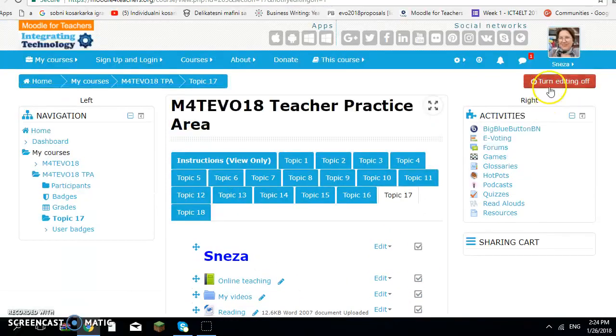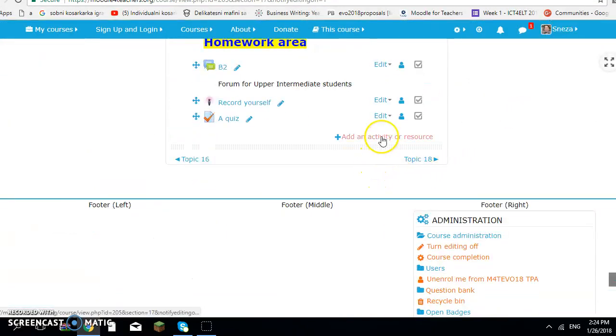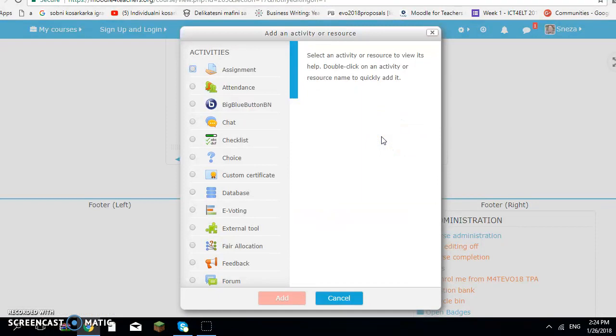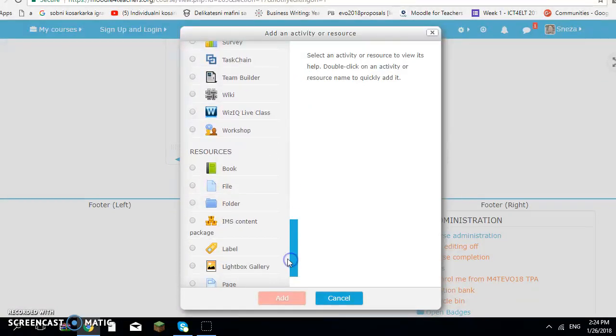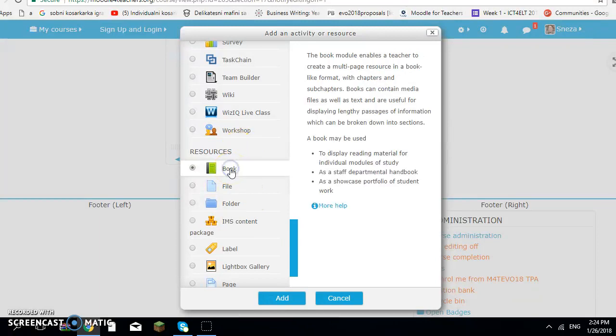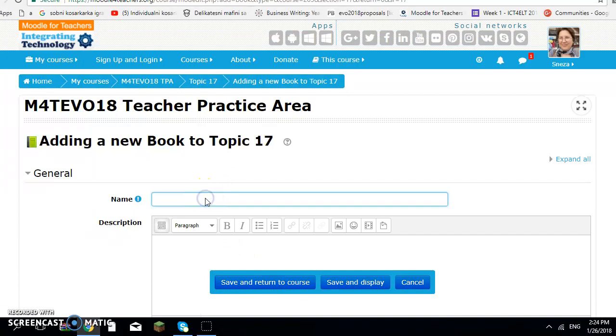Once I've clicked on the green button and got this red button on, I will go to add an activity or a resource. Because we are dealing with resources this time, we have to scroll down to resources here, and if I want to upload a book, for example, I can probably have a new one. Let's see, add a book. Yes, adding a book. So the name of this book,